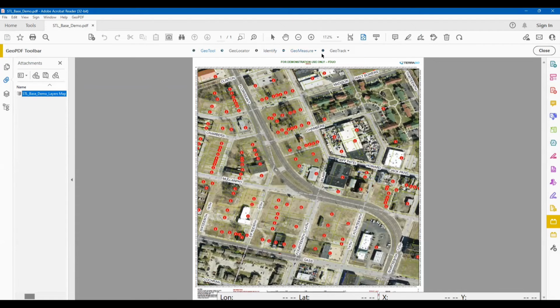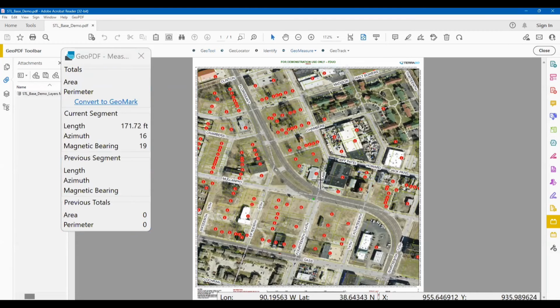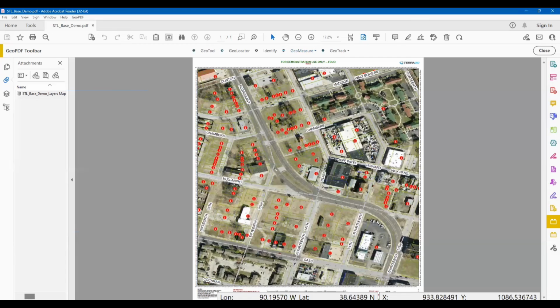One of the other pieces that I can do with my toolbar as well is a thing called GeoMeasure. So I can do lengths, and I can also measure the area. So this area is 43,000 square feet, or the perimeter, or the length of the lines as I go across. I can convert that to a thing called GeoMark and push that information back to